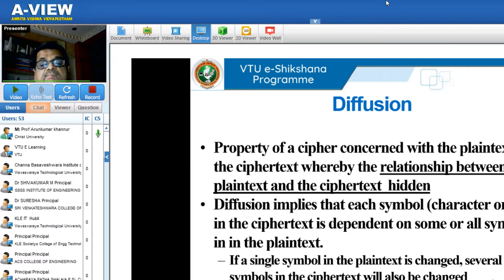So these are all the things we discussed today, and in the next sessions, the different ciphering techniques we discussed will be of great help in functionally implementing